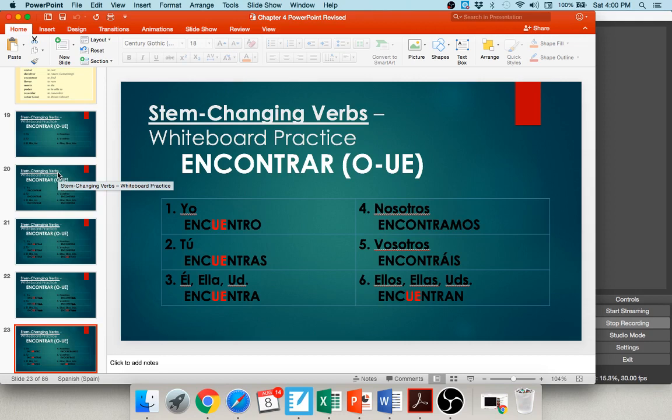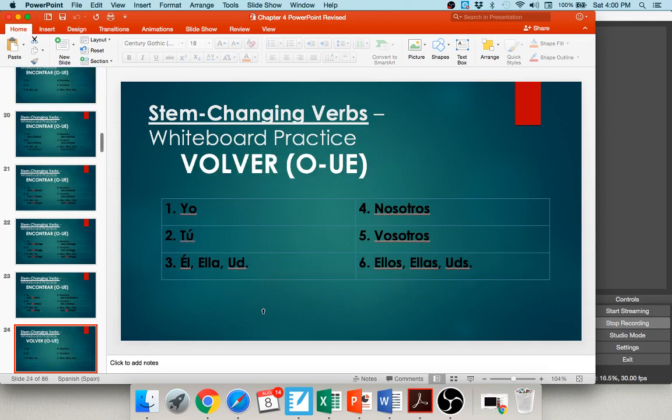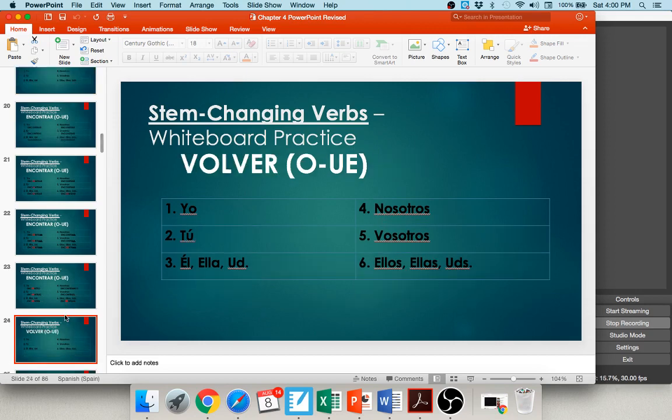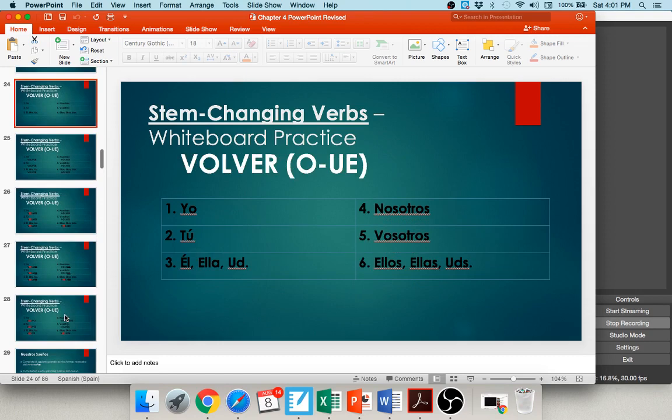Okay, those are your appropriate endings there for an AR verb. Those were the normal o, as, a, amos, áis, an, and you should end up with these verbs here. So you've conjugated to find in order to say I find, you find, he or she finds, etc. I want to make sure you got the hang of this. Let's do one more. This is the verb volver, which is to return.